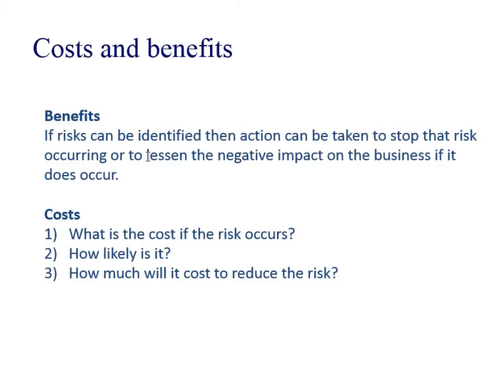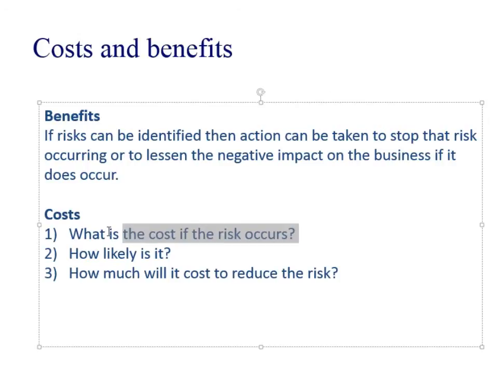So, for example, a fire drill is a practice of a contingency plan, because plan A is that your building doesn't set on fire, but plan B is that everybody gets out if it does set on fire. So, that would be a contingency plan. But you do have to consider the cost. So, what is the cost of the risk occurring? There might be a risk of something bad happening, but if it does happen, it's only going to cost £100 to rectify, and you think, well, might as well take the hit.